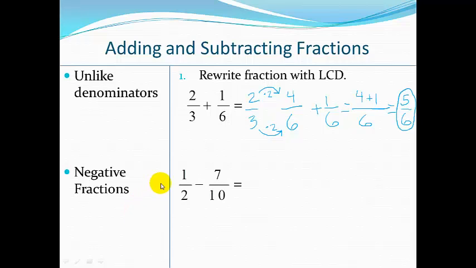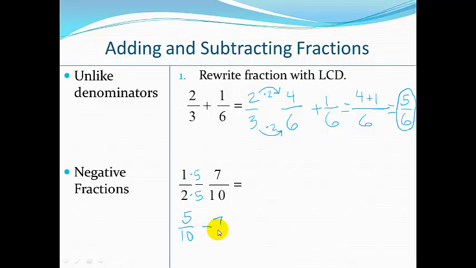Another example. Looking at some negative fractions, we have 1/2 minus 7/10. First of all, we want to remember, 2 goes into 10, so 10 can be my least common denominator here. And I want to make 1/2 into tenths. So I'm going to change it by multiplying it by 5. And if I do it to the bottom, I have to do it to the top. And now I have 5 over 10